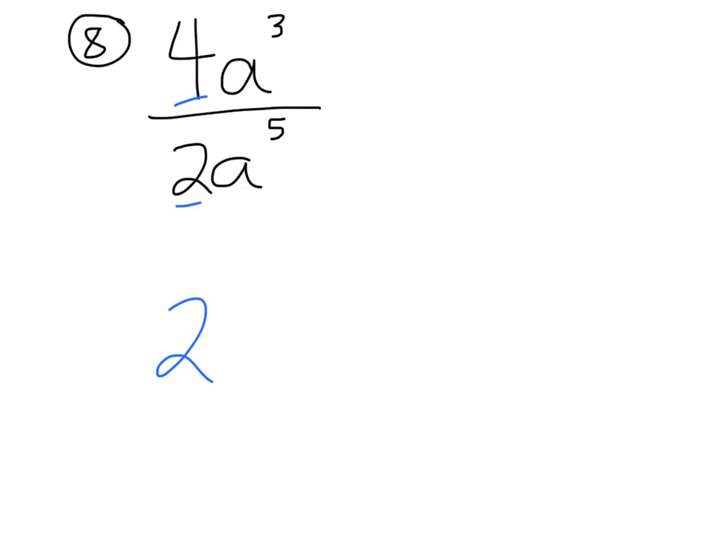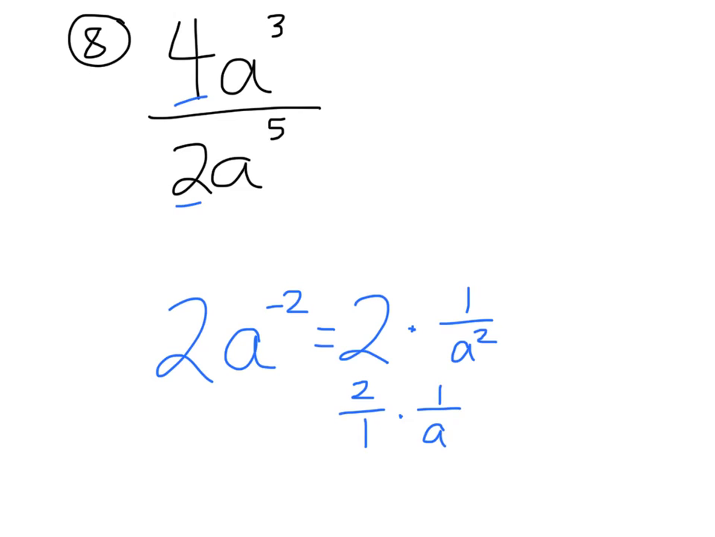And then since I'm dividing, I'm going to subtract my exponent. So the a stays the same. 3 minus 5 is negative 2. But I can't leave that answer with a negative exponent. So I say, okay, the 2 just stays there. But my a to the negative second power becomes, remember I'm multiplying them, becomes 1 over a to the second power. So now if I'm multiplying 2 over 1 times 1 over a to the second power, I get 2